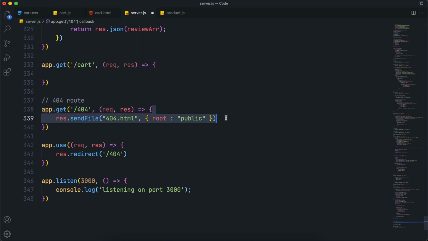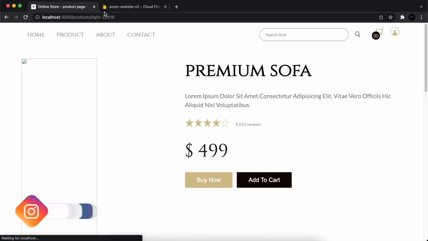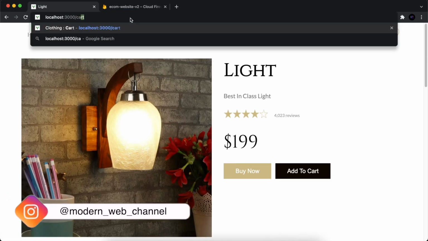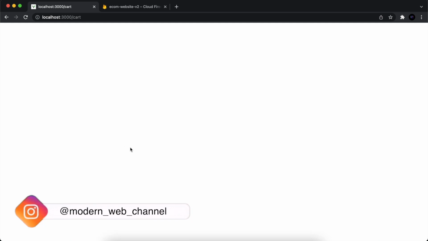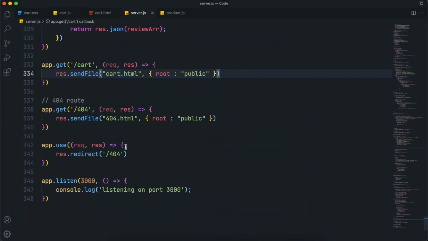You can copy this 404 HTML code also, just change the name to cart. And if I go to cart route now, I didn't get the 404 page, which means it is the cart page.